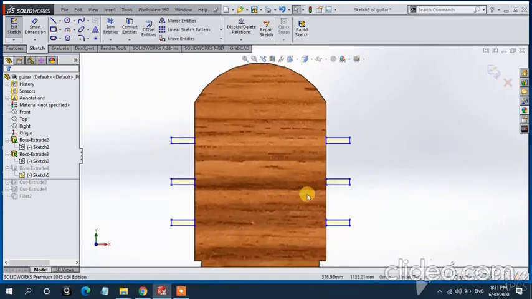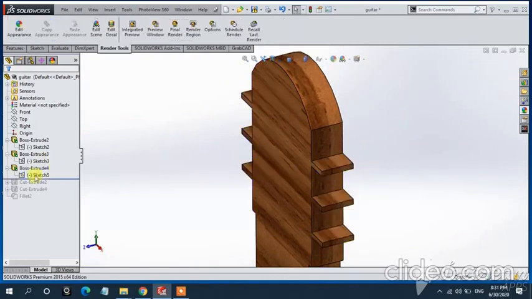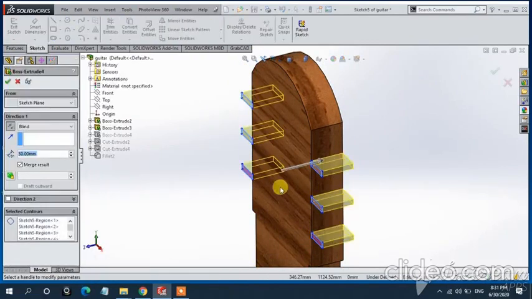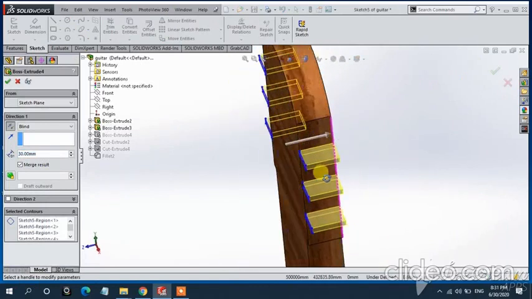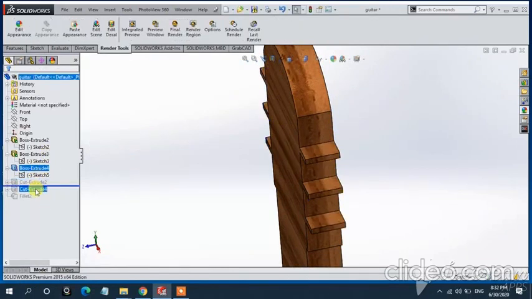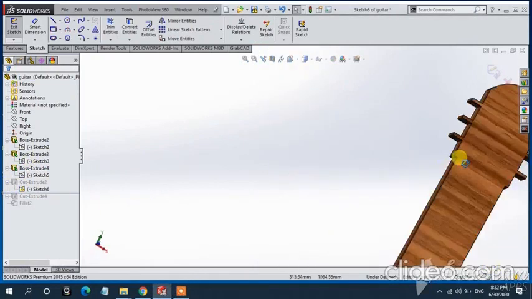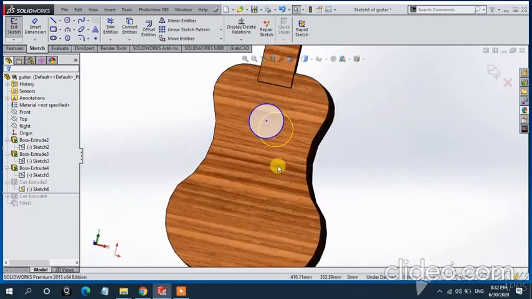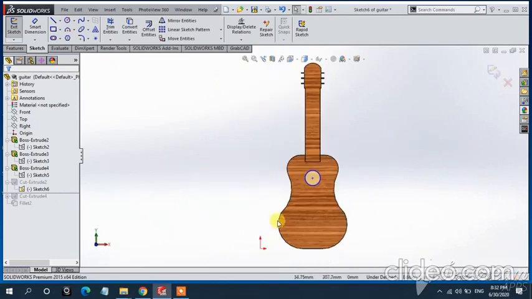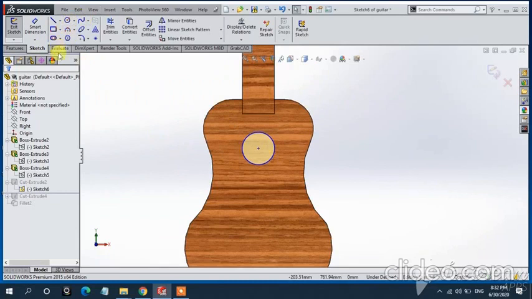See, now come to the next part. What is in the next part? This string, the wire string. Okay, you have to draw the geometry. Previously I have already shown you the geometry, and extrude from this edge to this edge. Let me show you how it extrudes. 30 mm. Okay, extrude up to 30 mm. From here to here the overall distance is 30 mm. Now come to the next.